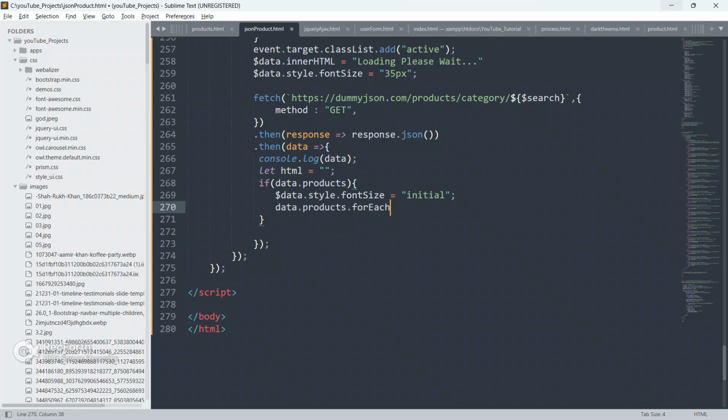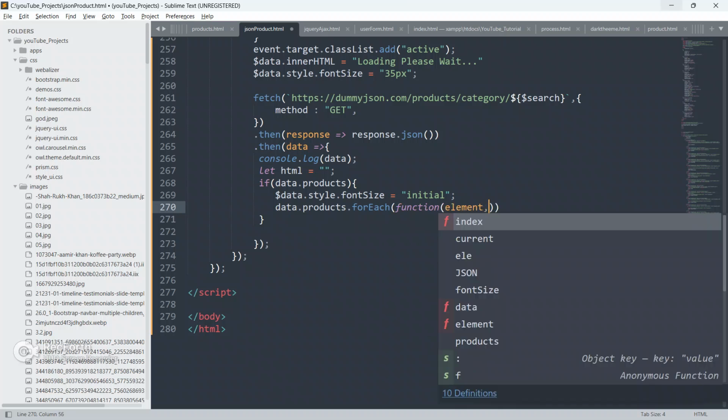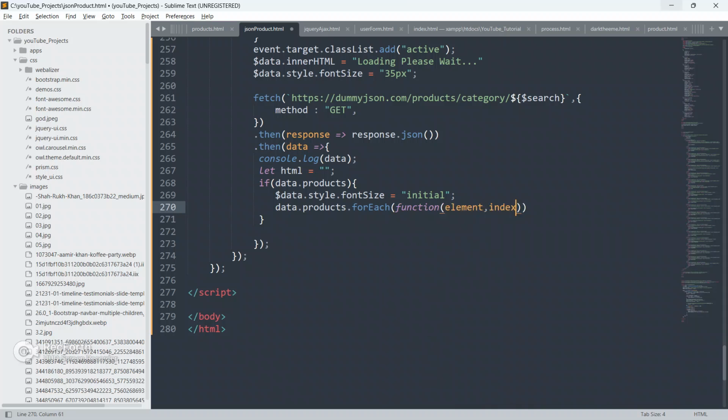So we are gonna run the forEach method, a JavaScript inbuilt function. This function takes a function as a parameter, and it takes element and index number also. The index number is optional, but you have to provide element.